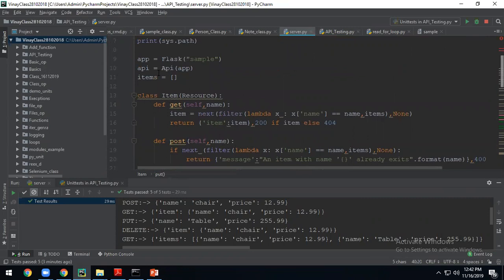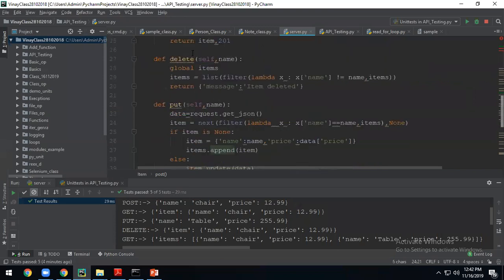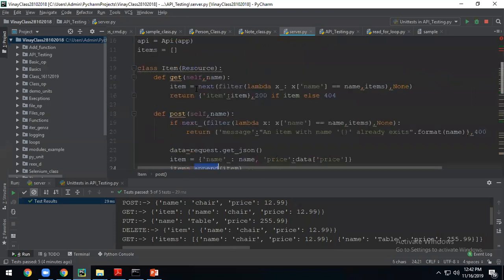Okay, so I am appending here. Now they may have a method to append a new item to the list. There should be some database code to add that into the database. Now when they are getting it, they will never use this one. They will have some database call to get that data and then they will showcase it. That will be too much for you to understand, but that's why I have taken a simple list.